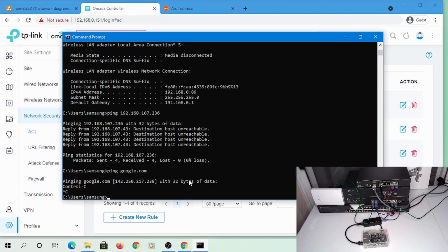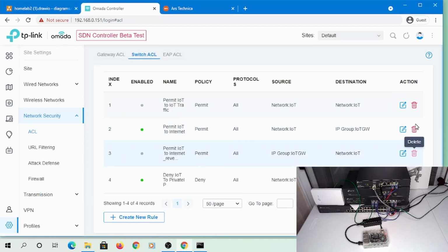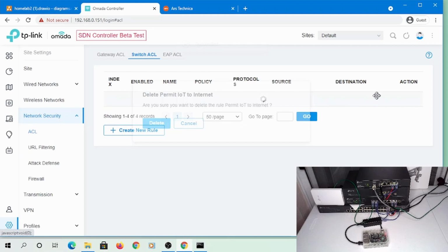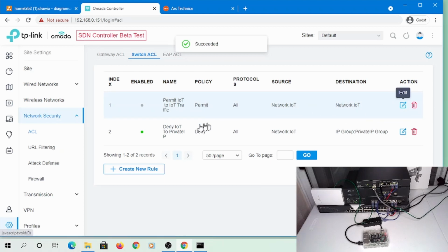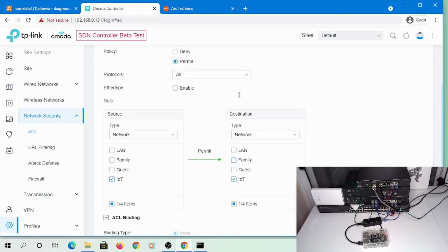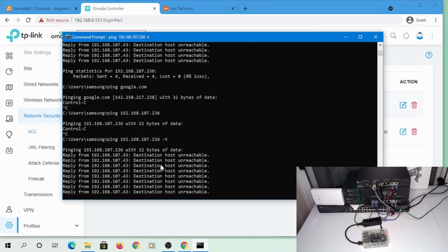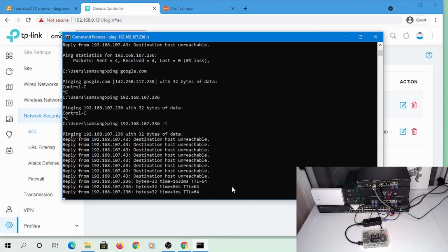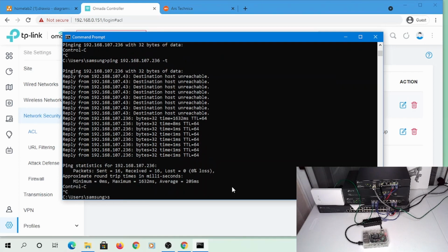Again, this particular setup will allow me to have my devices get access to the internet without having them talk to each other. See here, let me do a consistent ping. Let me erase these rules, because that other rule will basically do what I wanted, to have access to the internet and at the same time have access to one another, because you want your IoT to access their smart hub. Okay, so that should allow me to, there you go, and you can see it's now accessing the IoT device within that network, and I can now SSH to my